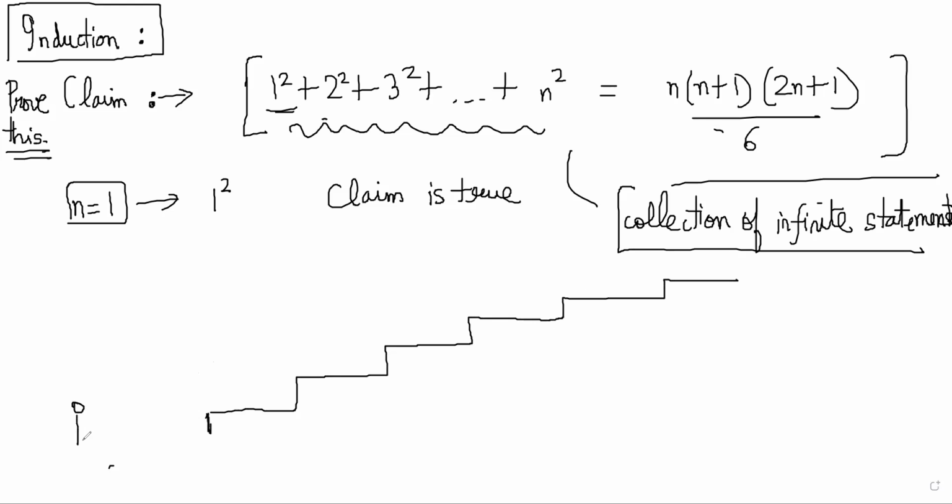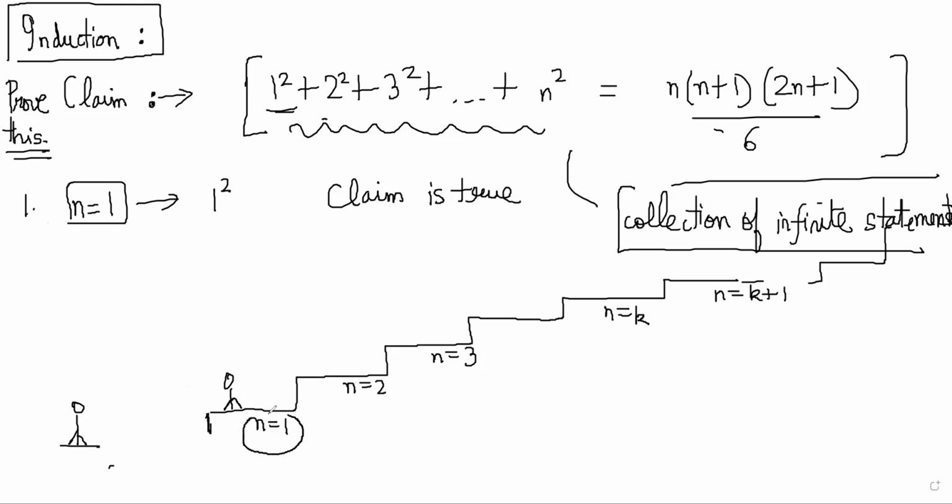And you are standing here right now. And this is n is equal to 1, this is n is equal to 2, this is n is equal to 3. Let's say this is n is equal to k, and this is n is equal to k plus 1, right? And the staircase goes up forever, right? Now, think of proving this as stepping on the staircase. So, first thing that you have to do is take a first step, right? You have to come here, right?